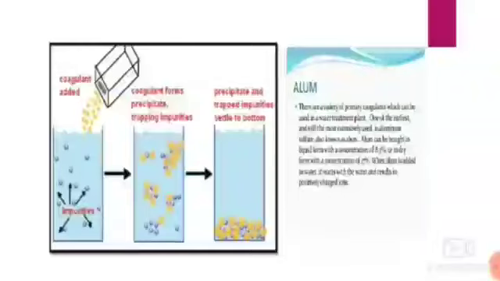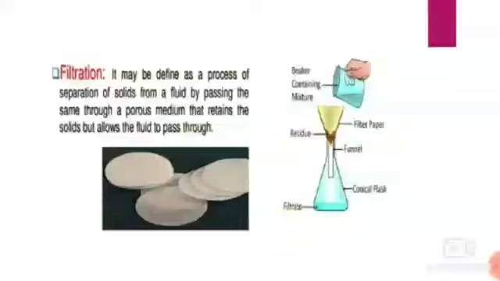Let us move to the next process, which is called filtration. Filtration is a process of separating insoluble solids by passing the mixture through a filter. A filter is a device which consists of small holes. It allows the liquid to pass through the holes but retains the insoluble solids which are bigger than the holes of the filter. The most common example of a filter that we use at our homes is the tea strainer, through which you strain your tea so that the tea goes down into your cup and the tea leaves settle on the top of the strainer.